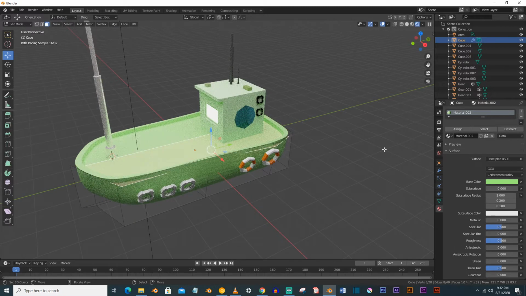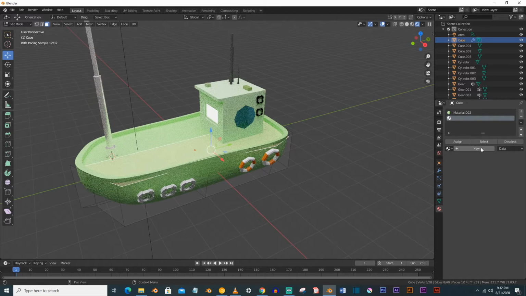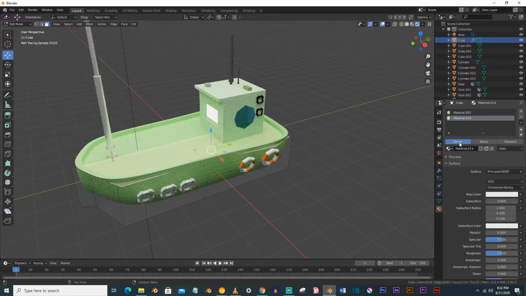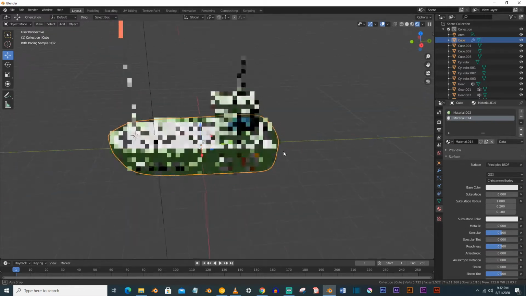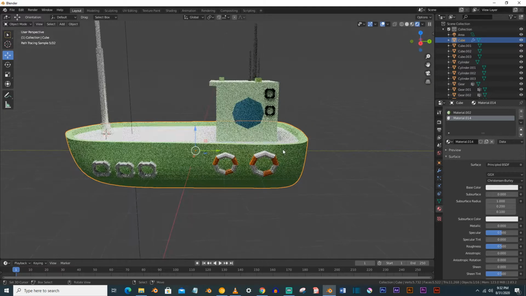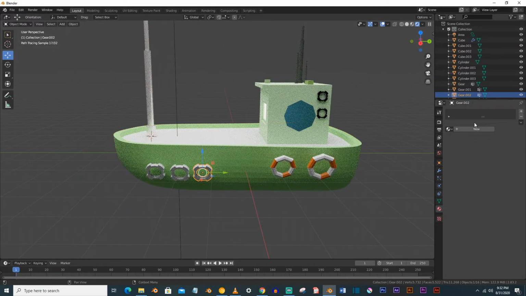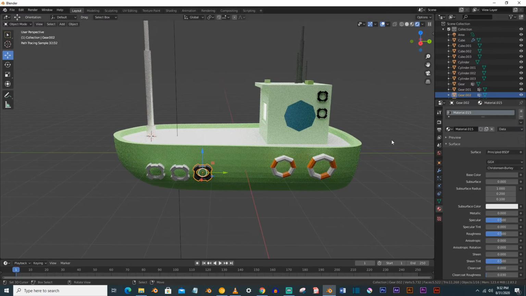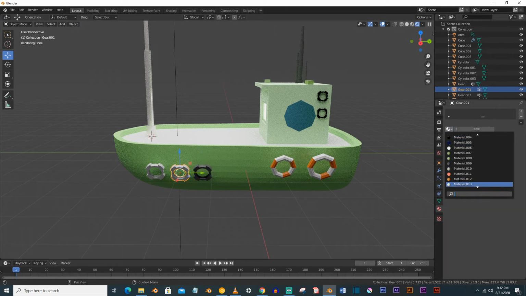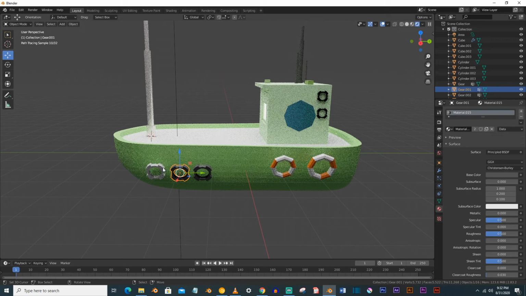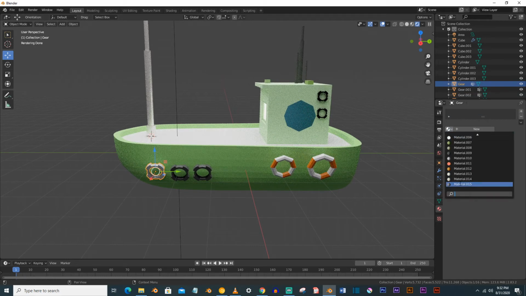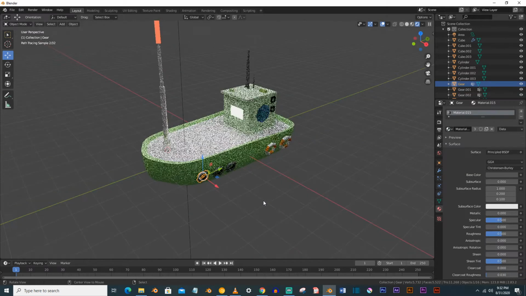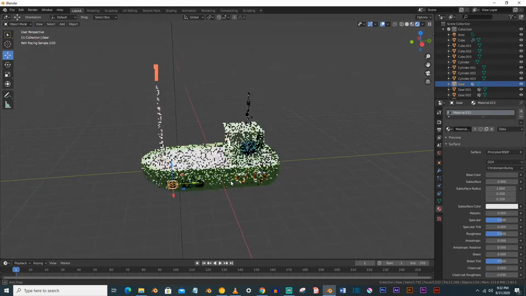I will assign it white color like this, and for these materials you can just make it this color, assign them also. So our coloring part is done with this.